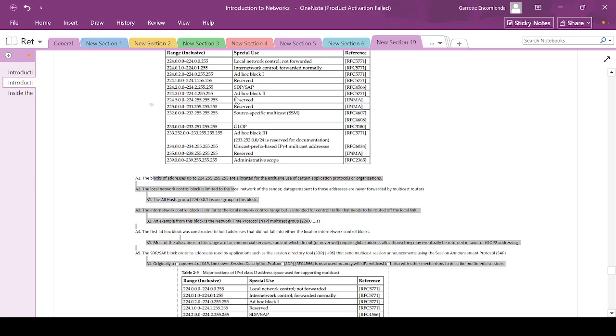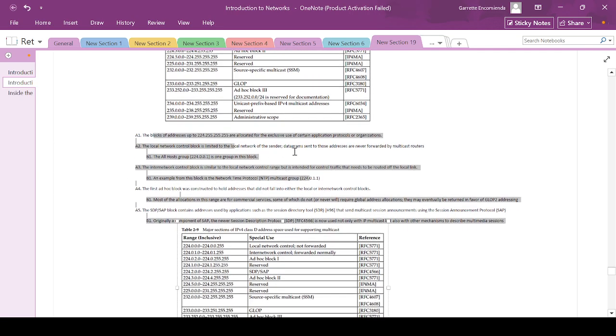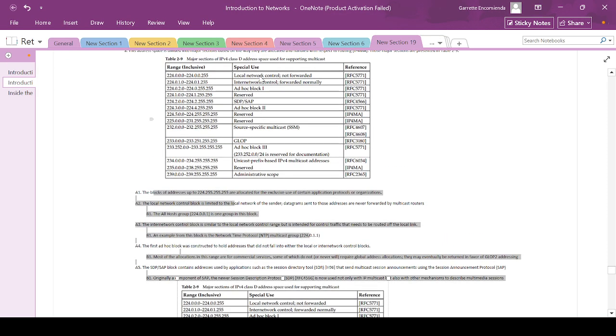So up to this reserve, 224.255 here, before the ad hoc block, it is exclusively allocated for certain application protocols or organizations. The local network control block, which is here,